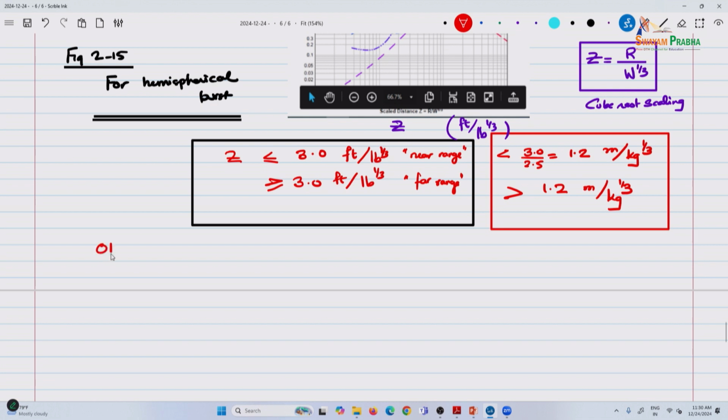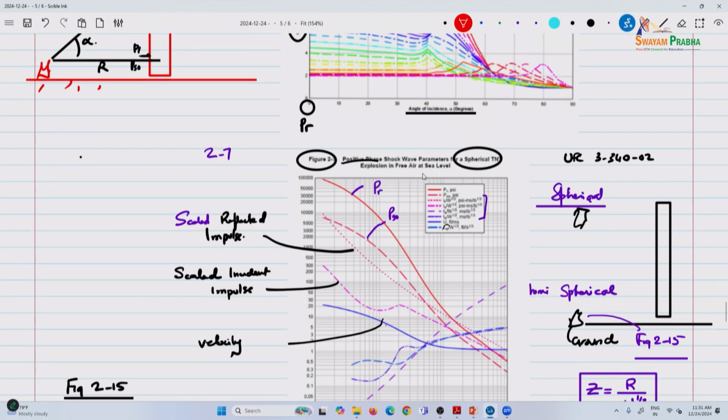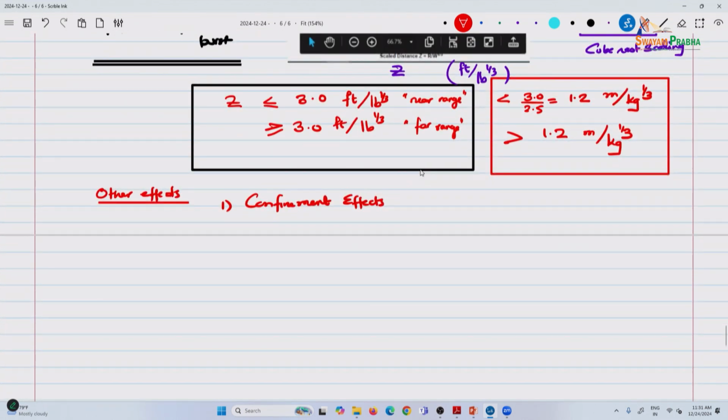Now, other effects that we have mentioned, if they are there, you should consider. One is confinement effects. These curves are not applicable for confined structures. As you can clearly see, this is for, as they call it, explosion in free air at sea level. So you have confinement effects. Confinement is a complex interaction of reflected pressures and pressures that are still emanating at the same time, so you tend to have magnified pressures,